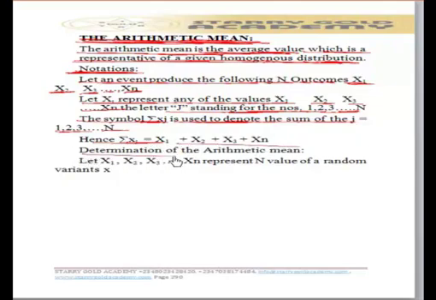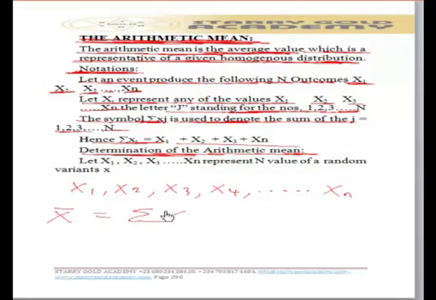So when we are trying to determine the arithmetic mean of any given statistical values, such as x1, x2, x3, x4 up to xn, the arithmetic mean is usually represented by x bar, and the formula is summation x all over n,